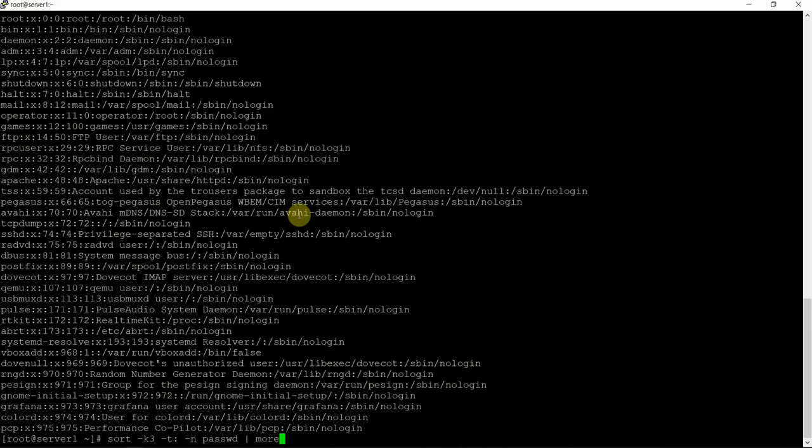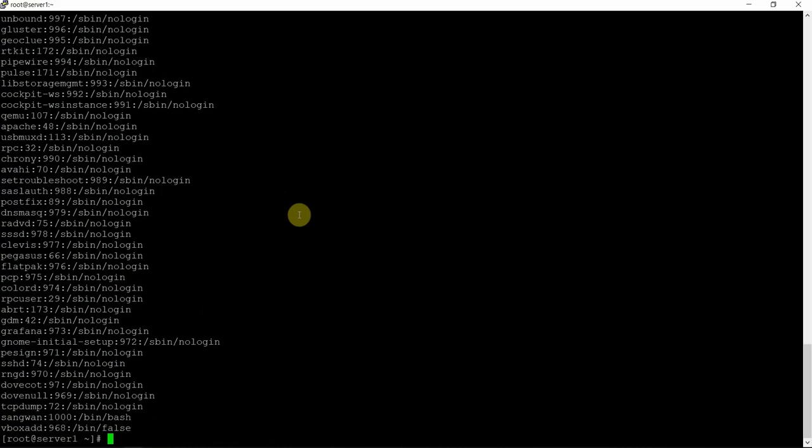Now I have another interesting command, which is the make-it-beautiful command: cut command -f field number 1, 3, and 7, and -d is the delimiter, that is colon, and passwd. This will show me only 3 fields: the first field, the third field, and the last field, which actually gives me the username, the user id, and the shell.